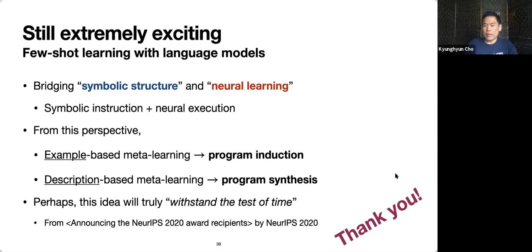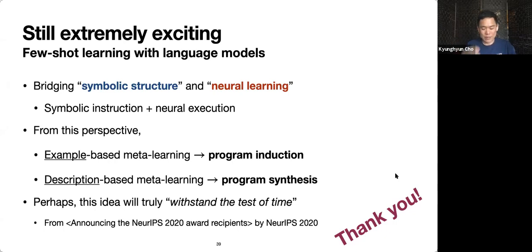What can we learn from this large discipline of program synthesis? So it's very, very exciting. And perhaps this idea of language models as few-shot learners will truly withstand the test of time, as indicated by the Best Paper Awards Committee of NeurIPS 2020.